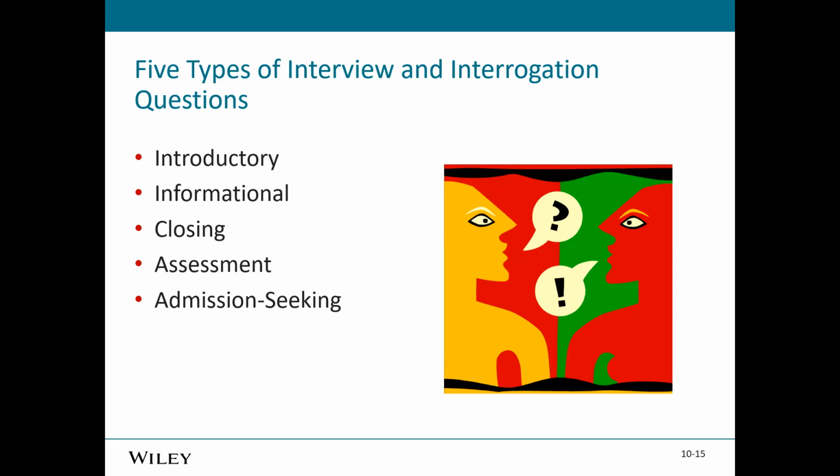The fourth type of question is called the assessment question. These are used when previous statements might be inconsistent or possibly deceptive. Here we use something called norming or calibrating, and that's the process of observing behavior before asking a critical question to see how that person is going to react. Assessment questions ask the interviewee to agree with something that most honest people would not agree with. So a dishonest person would agree with the statement, and an honest person wouldn't agree with that statement.